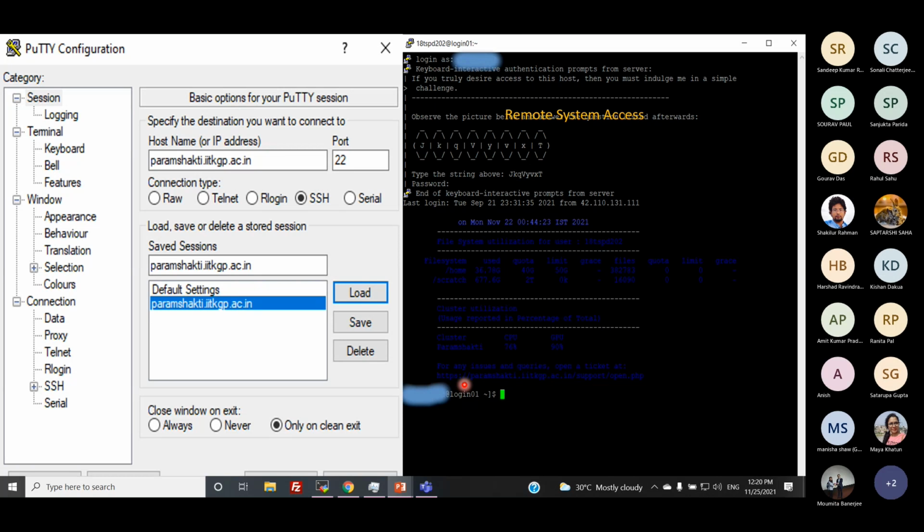And when you are logged into Param Shakti, there will be some information in your terminal that you have permission only for two partitions. One is the home partition, another is the scratch partition. So your location is /home/username, and /scratch/username.